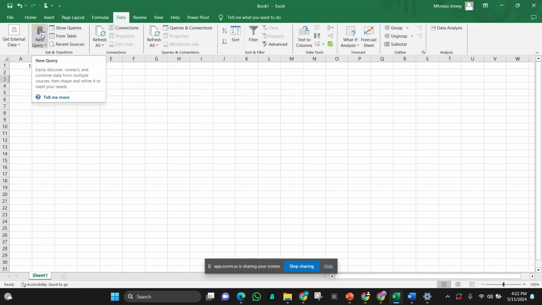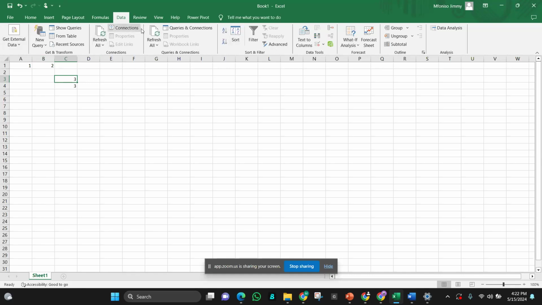Sorry about the term, we'll break it down as we move. When I'm talking about the query, I mean, for example, you want to bring in a data set from a different source into Excel. That's when we'll be talking about the query, the show query and the query connection, the sort and the filter on this data. We'll work on this as we move further.